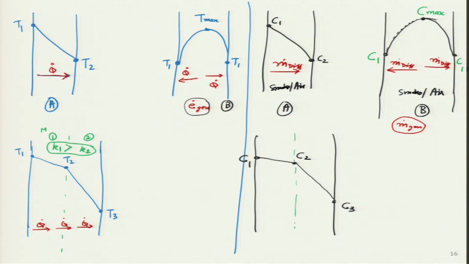Here I will say this is medium number 1, in the wall it is medium number 2. Here also I will say this is medium number 1 and this is medium number 2. And in the wall case, heat transfer case, that property we have recognized is K. So, we are talking K1, K2 which is greater.